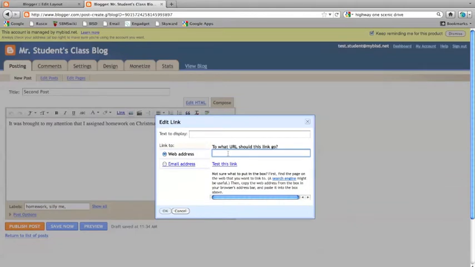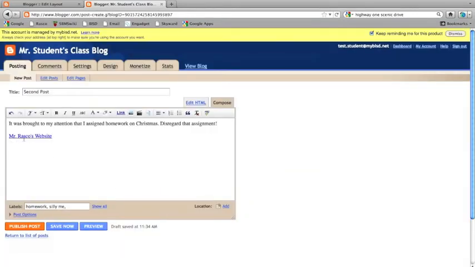What URL should you link to? Here's a website address, and you can change the text in here. Or link in an email address. Okay, and it leaves a link in here. You can do a whole lot more. You can insert videos. You can insert images. You can take a word and bold it and draw attention to it, underline it, anything that you'd like to do. Cross it out